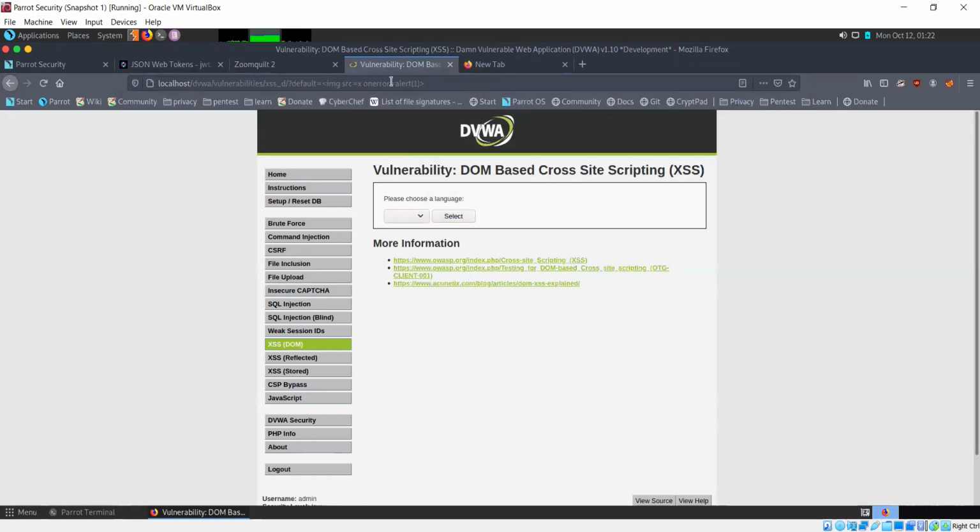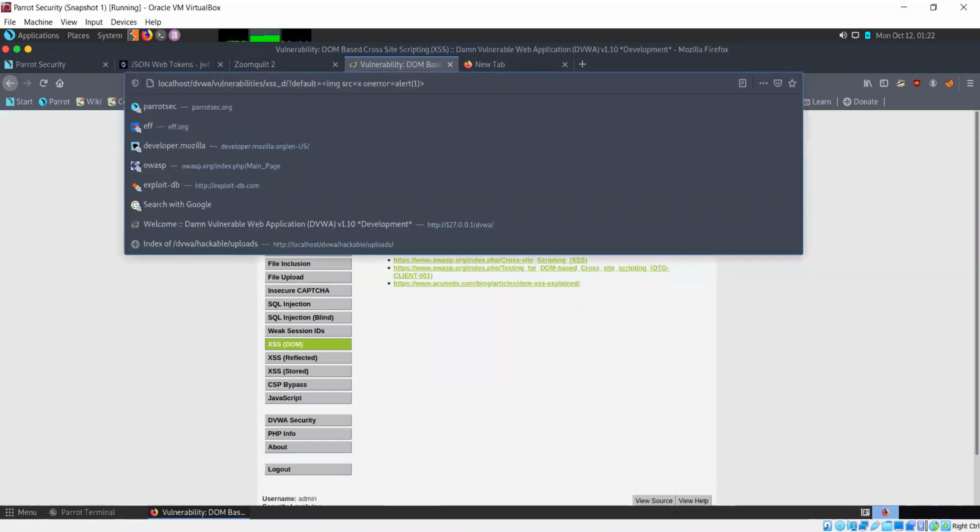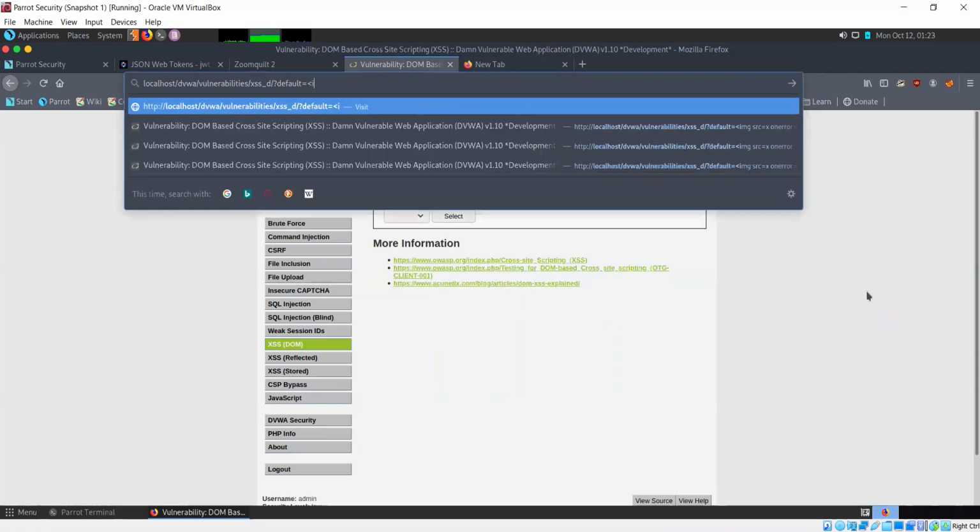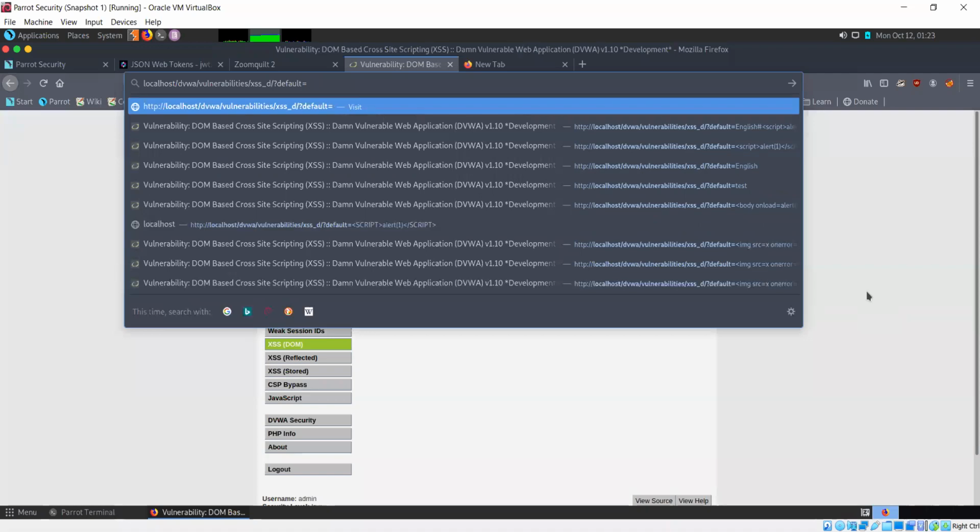This isn't working either. Okay, no worries. Let's try something else. And our script is working basically. Okay, image source would not be possible to insert here. That's why it's not saving.